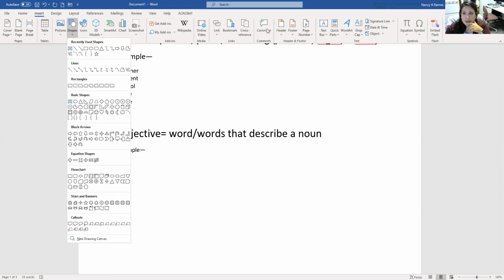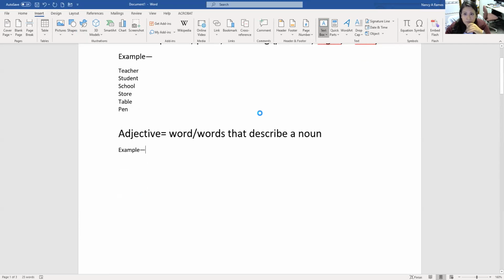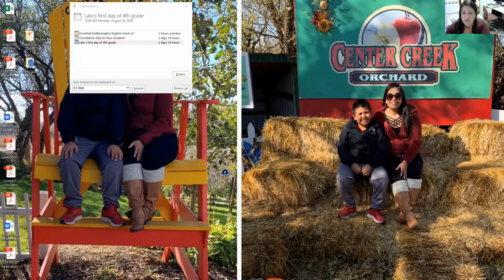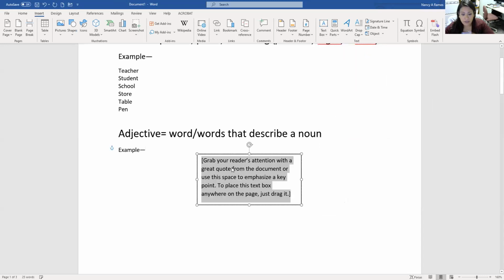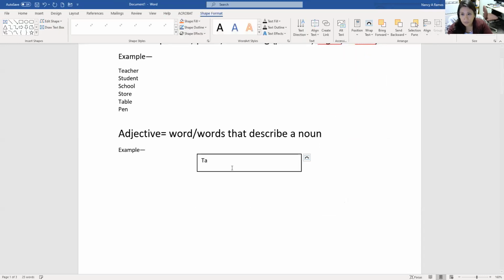Actually, do I have a text box right here? I'm so sorry, my computer is really slow today. So it's not responding. Okay, so here's our noun, right? Teacher. This is a person,